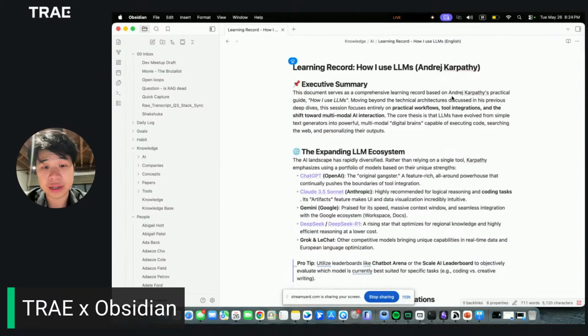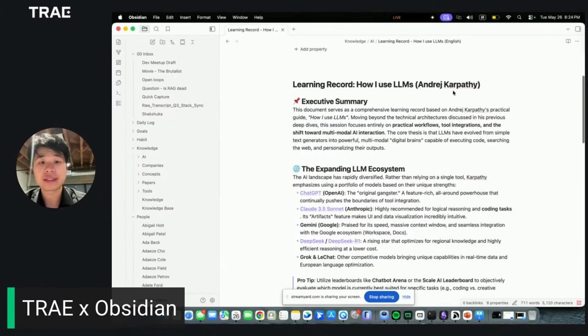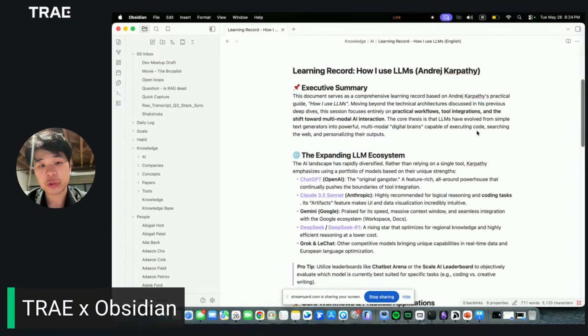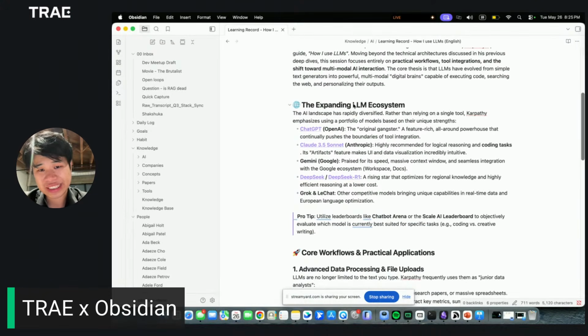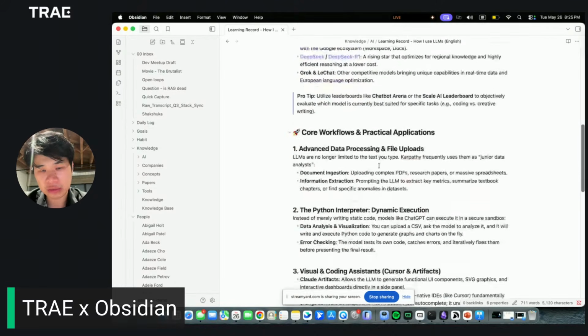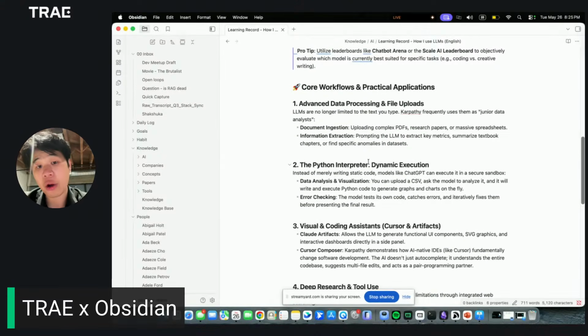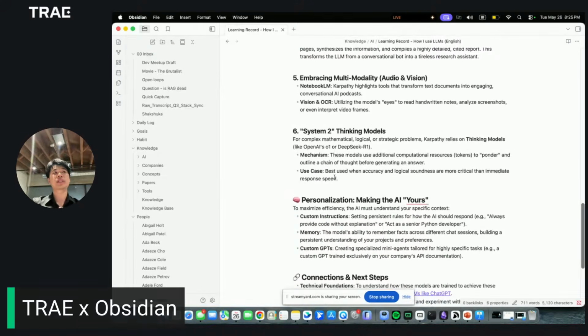It's also from Andrew Karpathy. Seems like that article is not saved into Obsidian. I will let it do that later. But this is another example I can show you. It actually got all the summarization, and it also records information like different models, ChatGPT, Claude, and the core workflow of how Andrew Karpathy uses AI. I think this is a pretty cool way that you can use AI to organize and summarize everything,